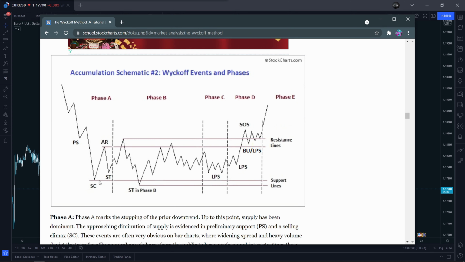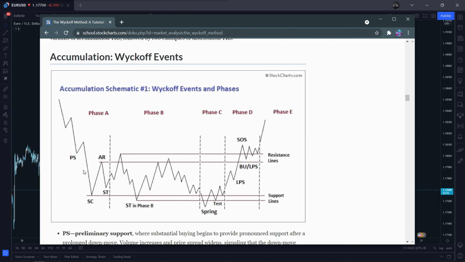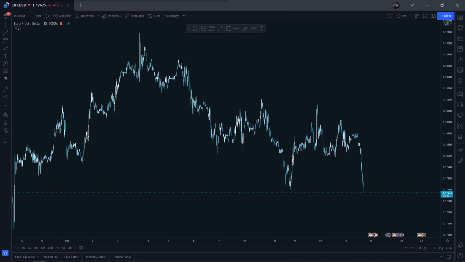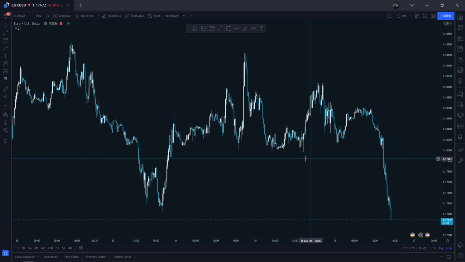You don't look for the PS. You don't look for the complete schematic. You don't look for, let's just say you want price to always look this good. Okay, schematic 1. So you want a PS, preliminary support, an SC selling climax, AR automatic rally, ST secondary test, ST in phase B, spring, SOS, BU, LPS test. So basically you're looking for that perfect pattern, but there's none. It's rare. You're gonna get screwed. So what I mean by the Snowflake Rule is,